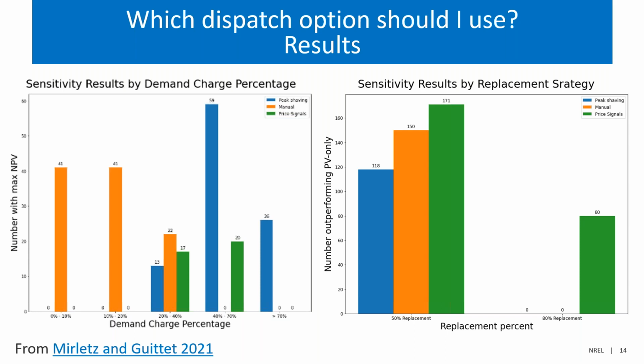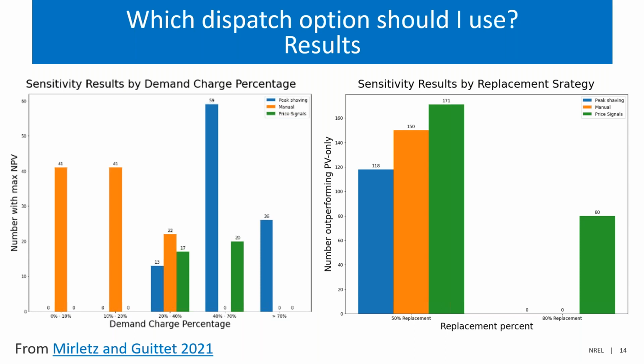The one caveat to this is battery replacements. If you look at the chart on the right, the 3 dispatch algorithms all outperform PV in 100 to 170 cases if the battery is replaced at 50% of its capacity. If the battery needs to be replaced at 80% of its capacity, then price signals dispatch was the only algorithm to outperform PV. So the 2 takeaways here are: 1, which dispatch algorithm to use depends on your utility rate,